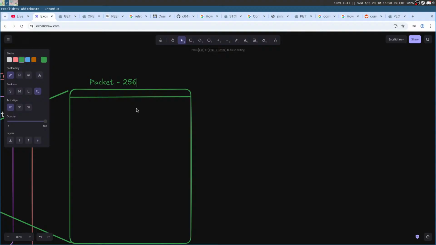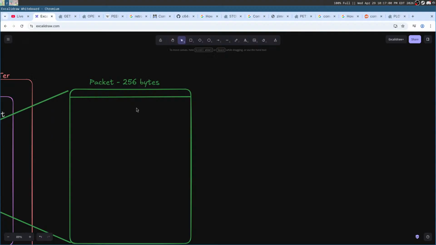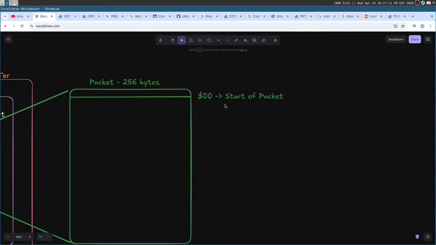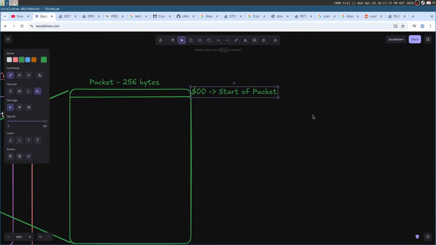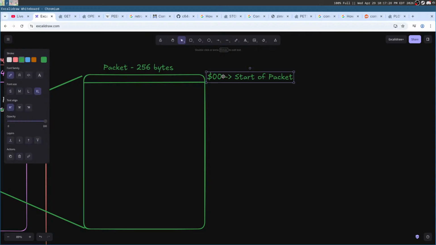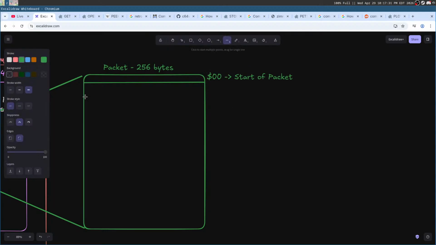So let's say they're 256 bytes. It'll send over a 00, which means start of packet. Internally, sending a start of packet means the Commodore 64 can start counting, and it'll know what's coming next. So start of packet is the first byte,